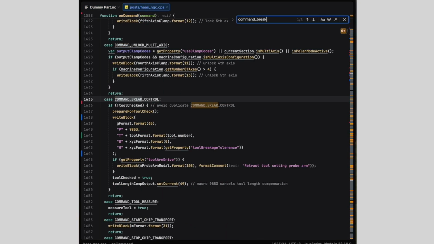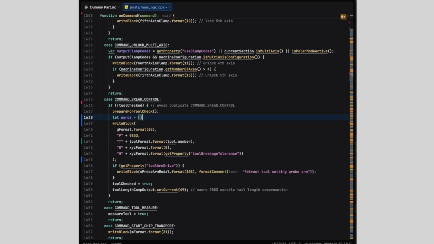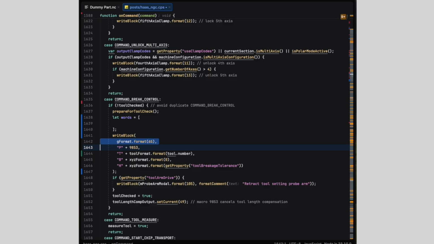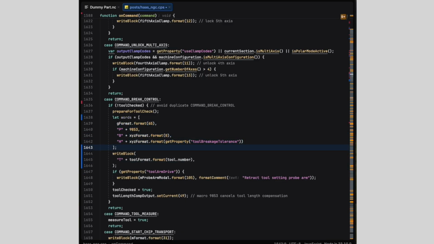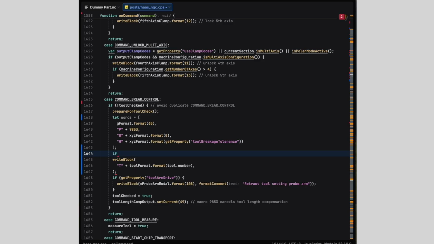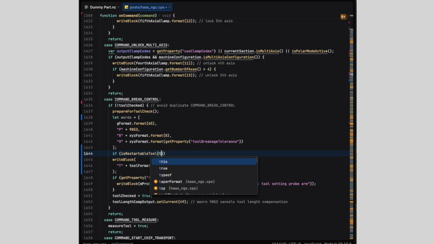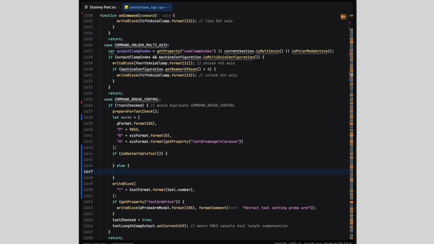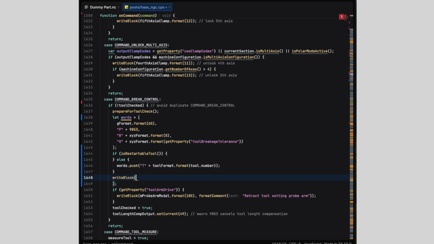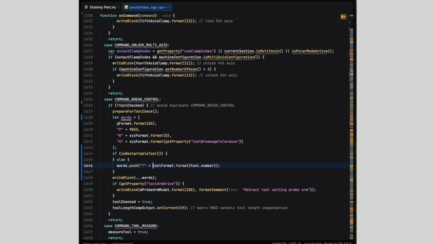The next thing to do is to update the break control code to use the flag option for restartable operations. There's a couple of ways to write this, but I think the most flexible way is to accumulate arguments into an array. We'll move the G65, program number, and tolerance into an array. Something I figured out the hard way is that the 9853 macro doesn't work with ATM group numbers.